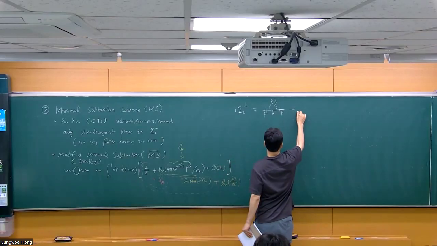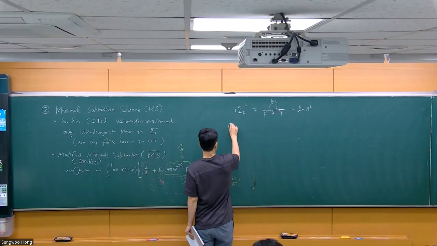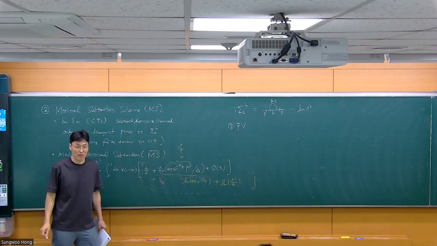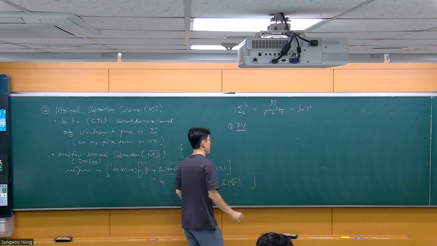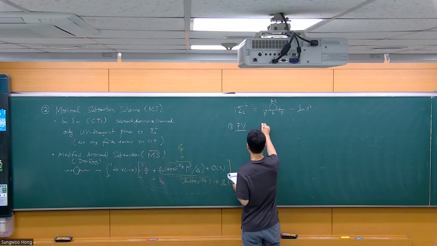This is again logarithmically divergent. You can regulate it in 2 different ways. If you look at the book, there's some procedure, but there are omitted procedures which you will be asked to do. So in dimensional regularization, if you do the computation, this Sigma 2 loop